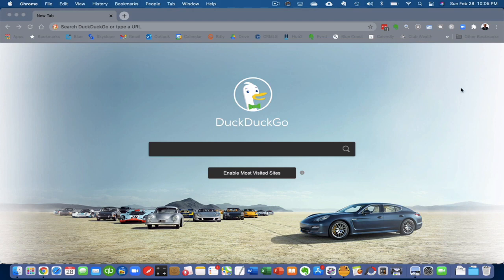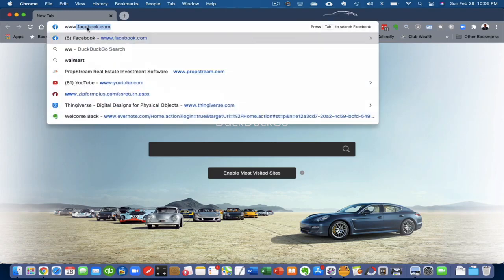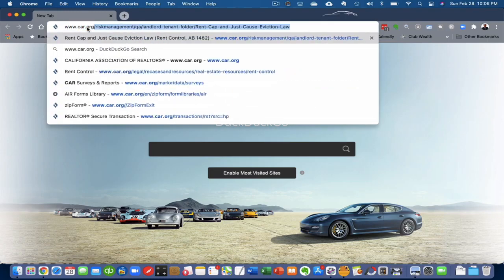This video is how to find your zipForm's agent account. To find it, you simply log on to car.org. So we'll just go to car.org. And